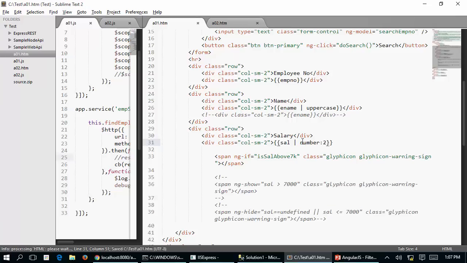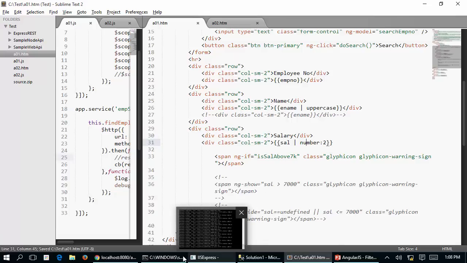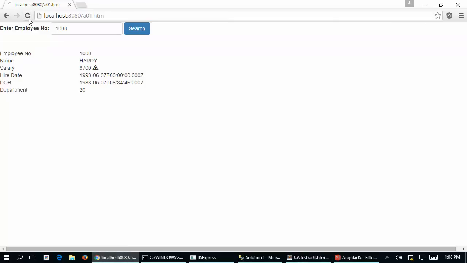So this number is actually the name of the filter, just like uppercase. For this filter I am providing a parameter called 2, and that filter knows that this particular salary is a numeric value and it needs decimal places to be provided, that is 2 in this case. So let me save this, and now once I go back to this one and refresh this,